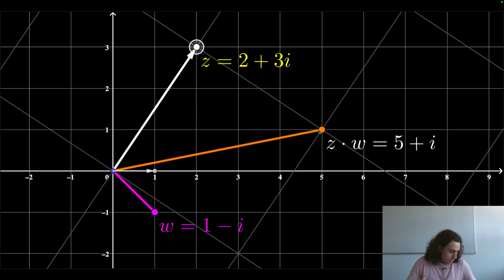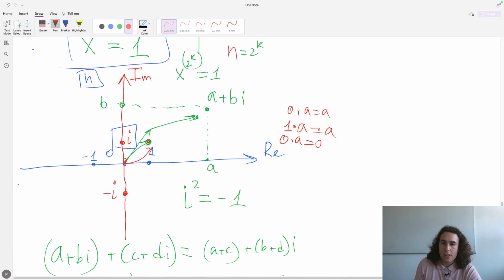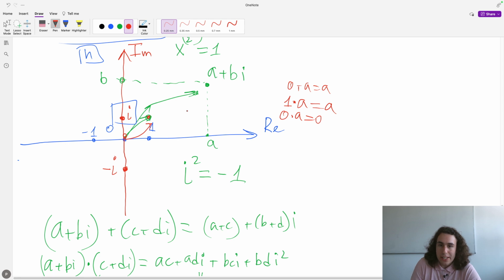And this is what complex multiplication actually is. It's a combination of a rotation and a stretch, right? And our stretch is basically the distance to this number z from the origin, right? Because we had number 1, which was